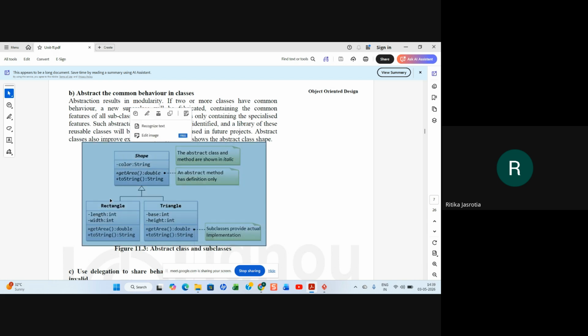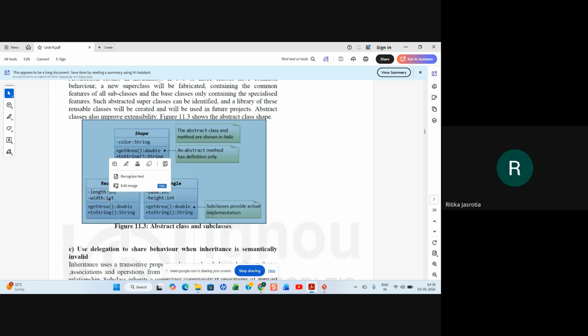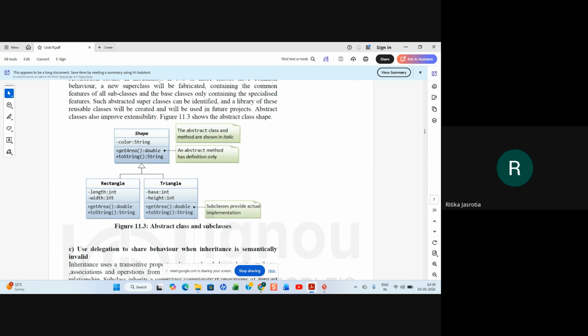So color will be shared. Rectangle will also take it from shape. Triangle will also take it from shape, but rectangle has its own attributes also, like length and width, and triangle has base and height, right? And the actual implementation of get area will be here.